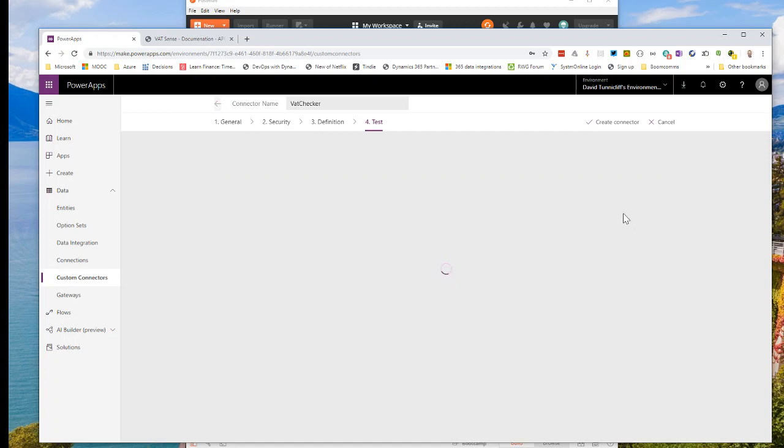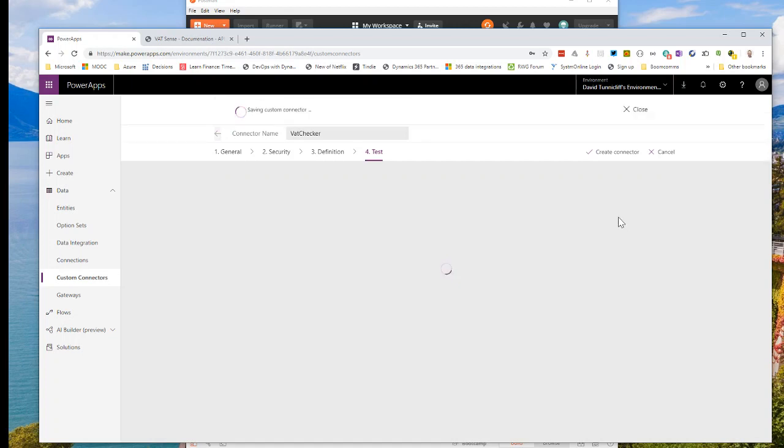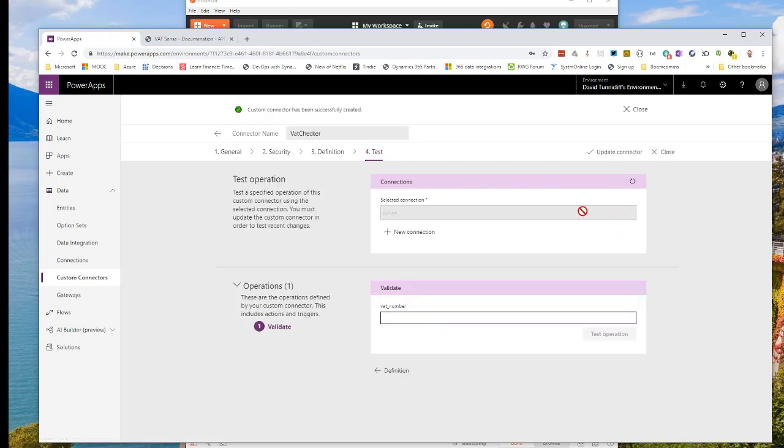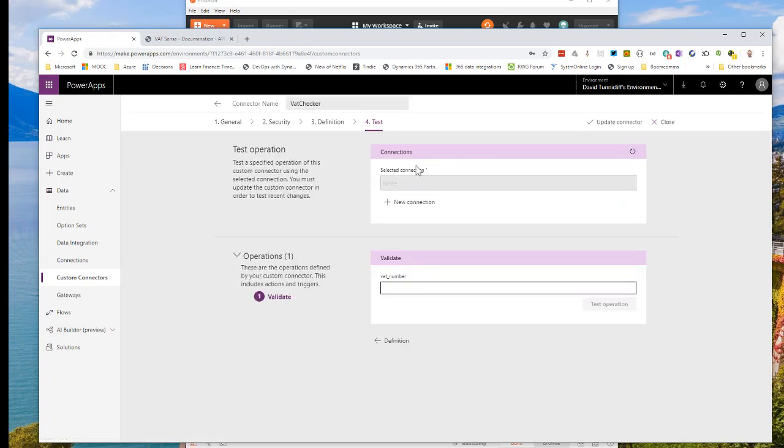So we create it. Now, what this is going to ask us for is connections. So when I click on this button here, it's going to prompt me to enter the connections into this service, which is actually going to drop me off to another part of the Power Platform custom connector creation tool here. As I mentioned earlier, what we actually did in the security section is define what those fields are called, whereas now we actually need to populate them with the actual connection details that are provided to us in this scenario